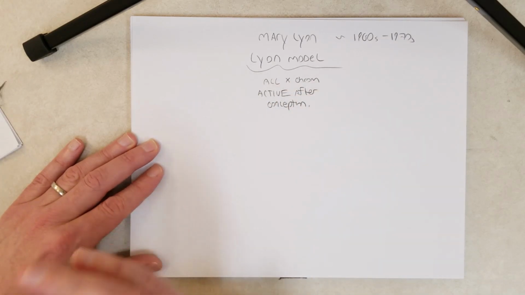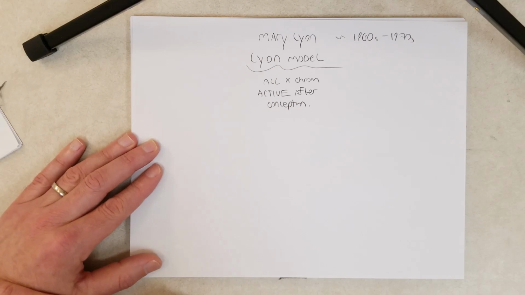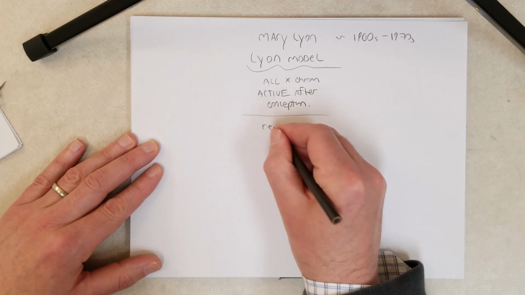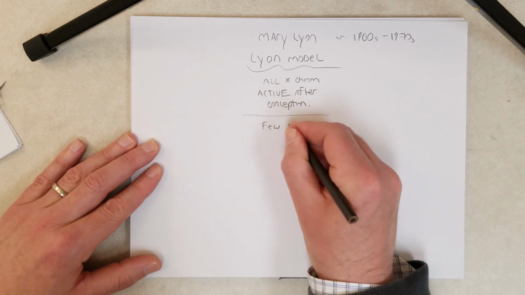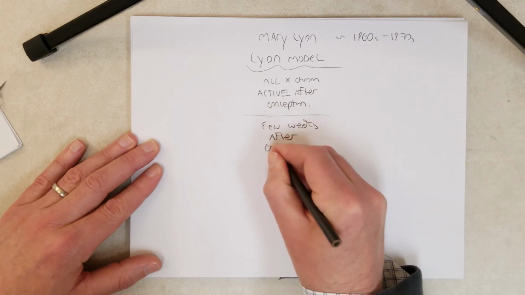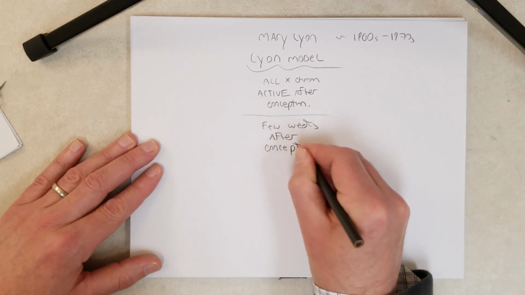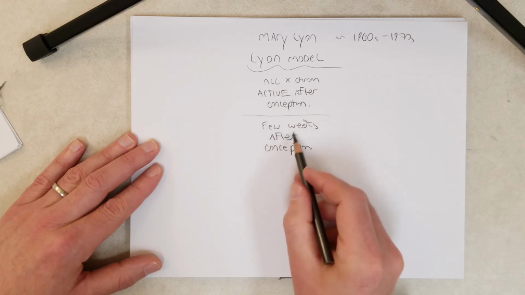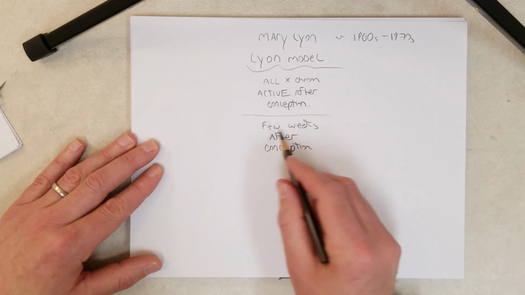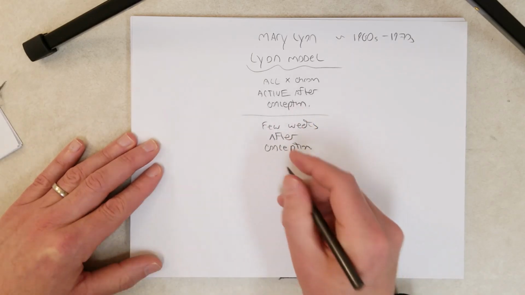So in an XX zygote, both of those X's are active. A few weeks after, I don't want to give a time frame here, but I'll just say a few weeks, because this time point would probably be different in mice and cats and humans. But at some point after conception, let's say a few weeks after conception,